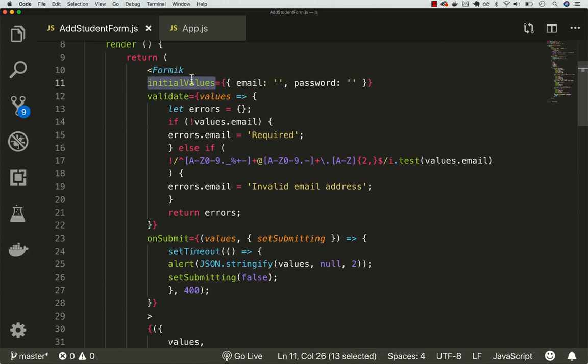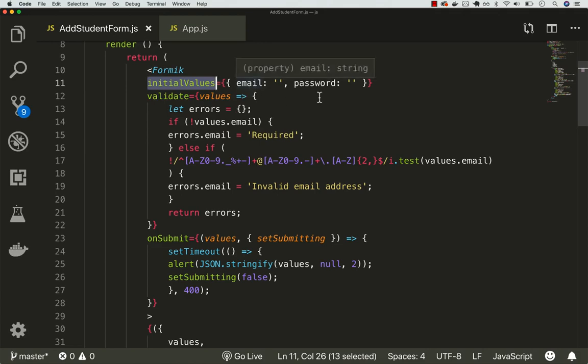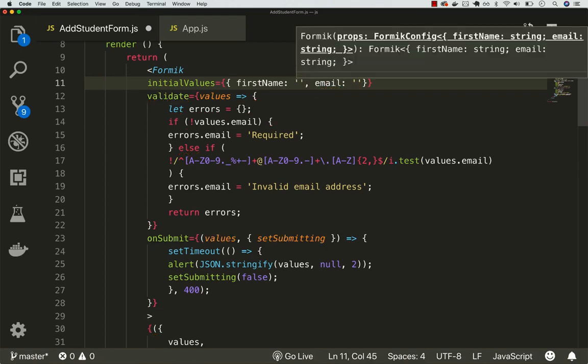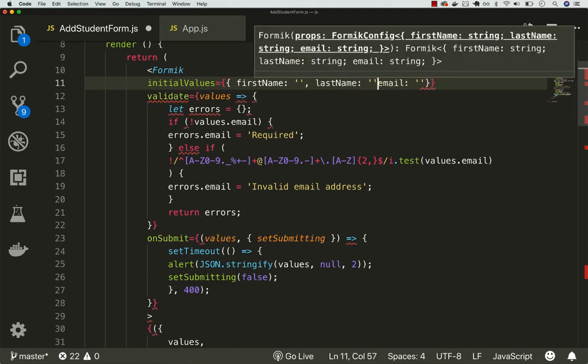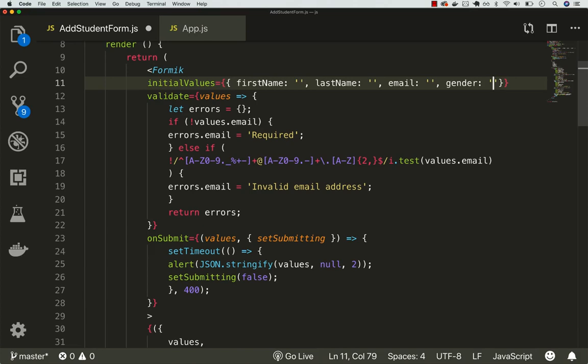So initial values is everything that our form needs, right? Our form needs email, it doesn't need password. So we actually need the first name, last name, and gender. Let's delete all of that. Let's define the first name, and initially it will be empty. Let's also define last name, empty, and then email, and we also need gender. Let's leave it empty for now. But if I now save this,